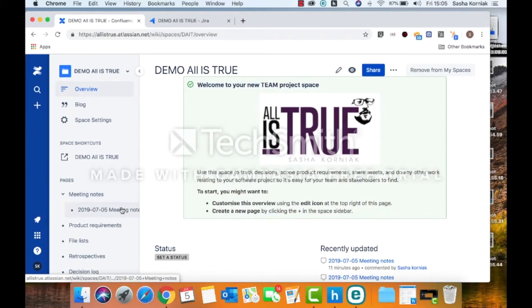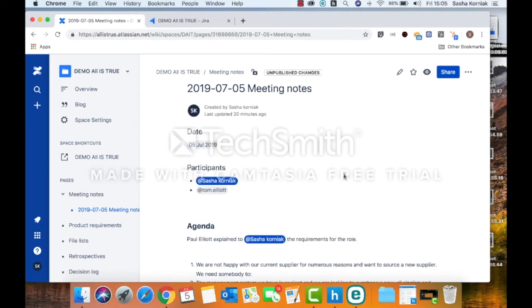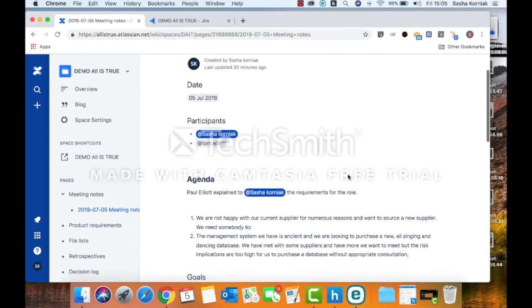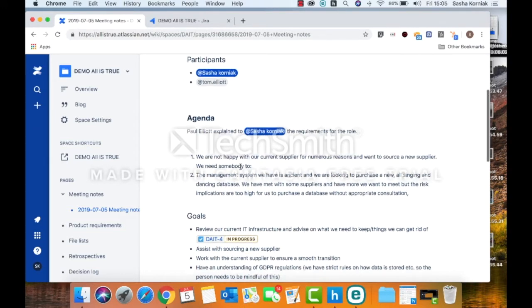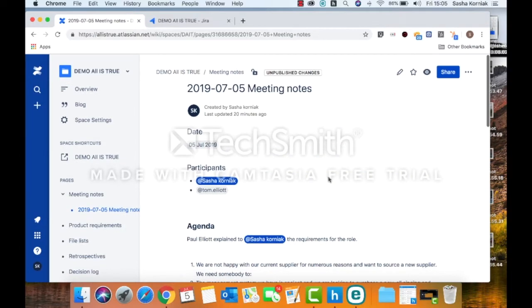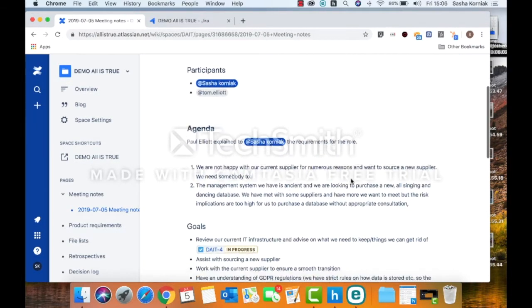So what we're going to do is click on here and go into a meeting that I created a few moments ago. As you can see, there are 2 participants here. There was an agenda that was set, and that information can be distributed to people before the meeting happens, and then they can update it with the content that's wanted.